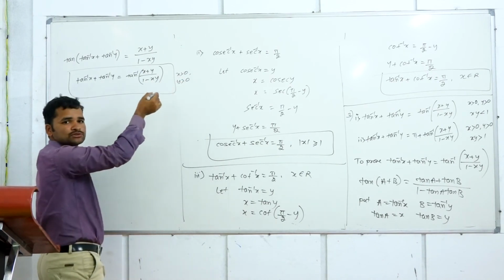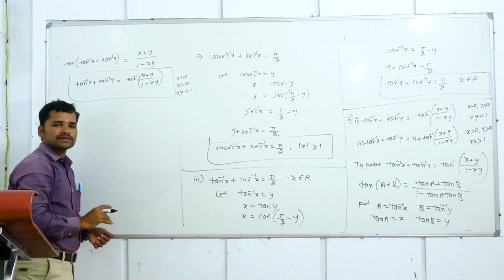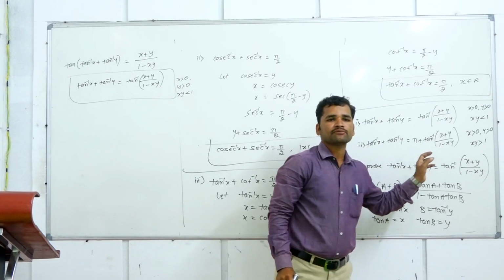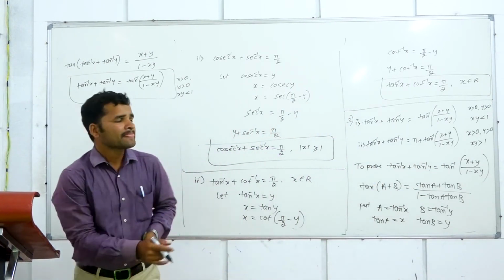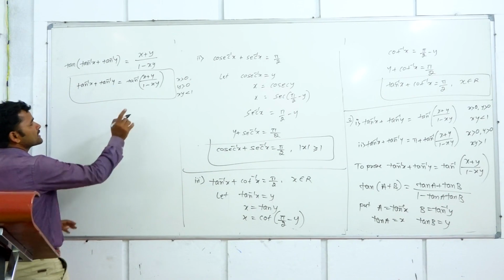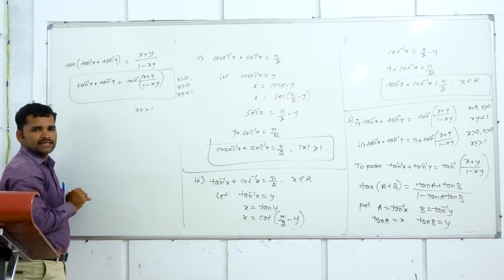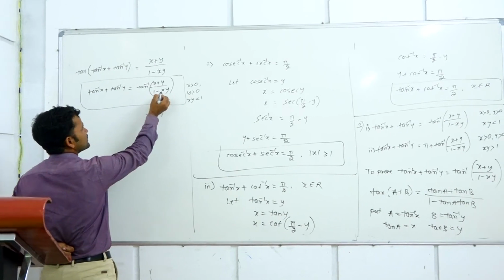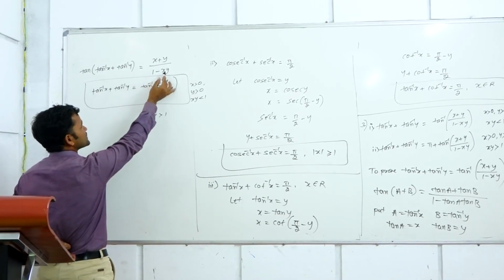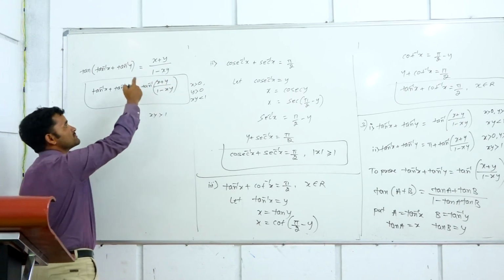than 0, means x is positive, y is positive and xy product is less than 1. See, I wrote here, if xy product is greater than 1, I wrote it like pi plus. In simple way I will explain it. Suppose xy product is greater than 1, what happens? Here you can see xy product is greater than 1. 1 minus of greater than 1 value means it becomes a negative value.